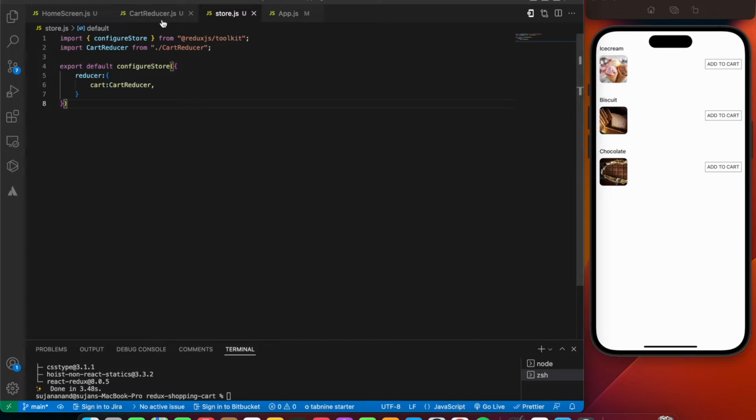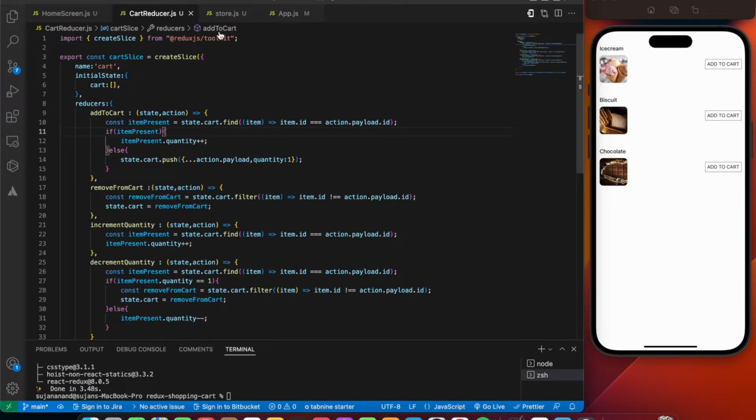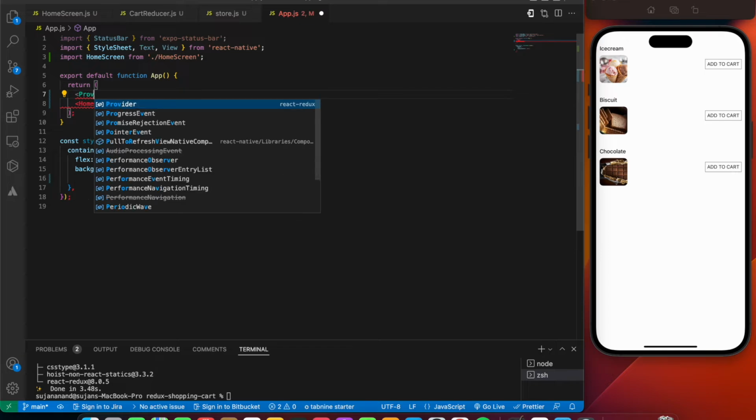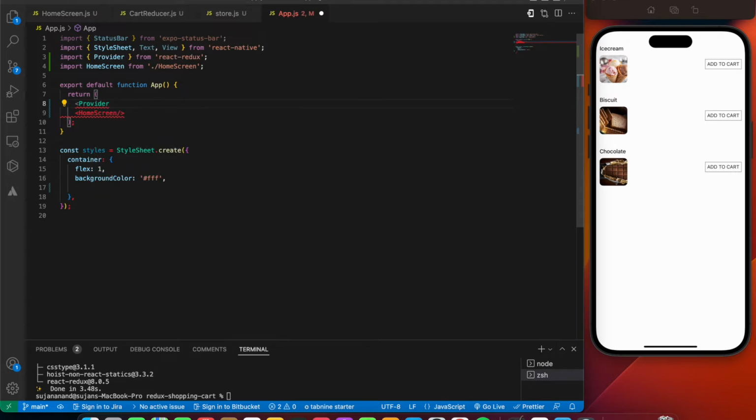Now we have just set up our first reducer and the store. For everything to work, we need to include the provider inside our main app.js. So let's go do that. Over here inside the return statement, we're going to say provider, imported from React Redux. The provider is going to take in an attribute called store.